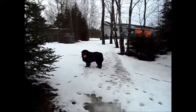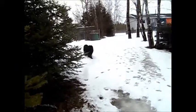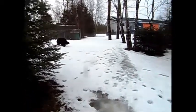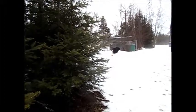Sam, did you get your... He stashed this ball on the way down, and I forgot about it, but he didn't. He grabbed it again as soon as we got back up. We're 45 minutes, no, it didn't take us an hour. We're back to where we started, and even in this treacherous